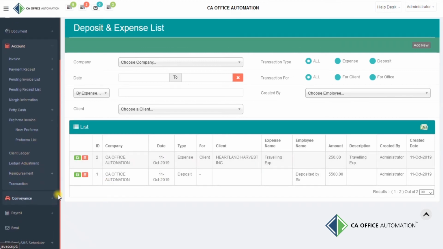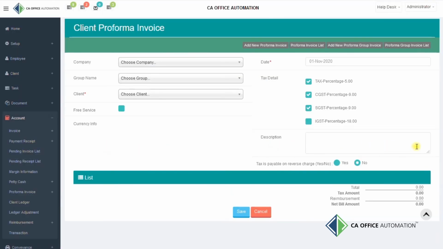Next is Proforma Invoice. Proforma Invoice is a prior step of creating an invoice. This step is not mandatory. Later, you can convert any Proforma invoice to tax invoice, or you can directly generate a tax invoice of any services. You can consider a Proforma invoice as a proposed charge amount document for a particular service for a particular client.